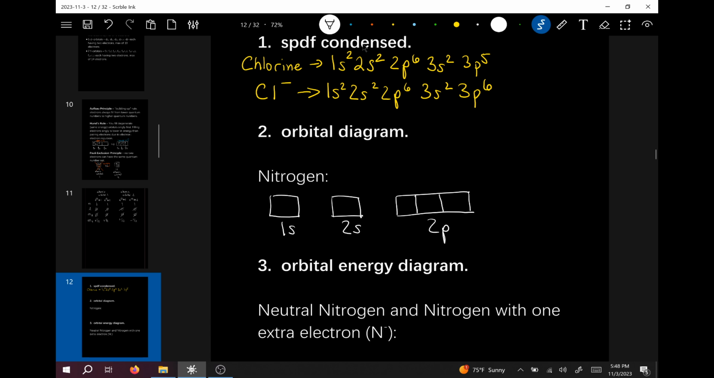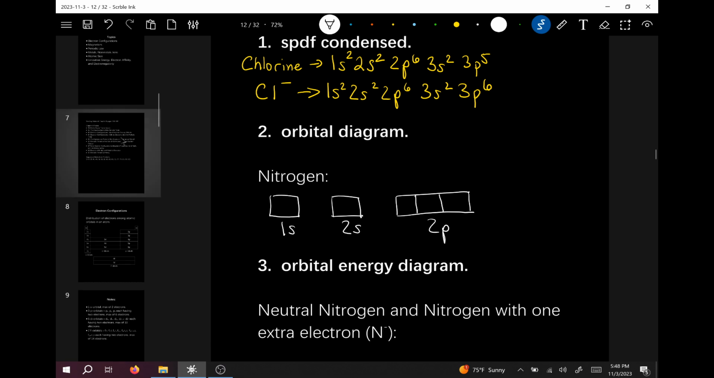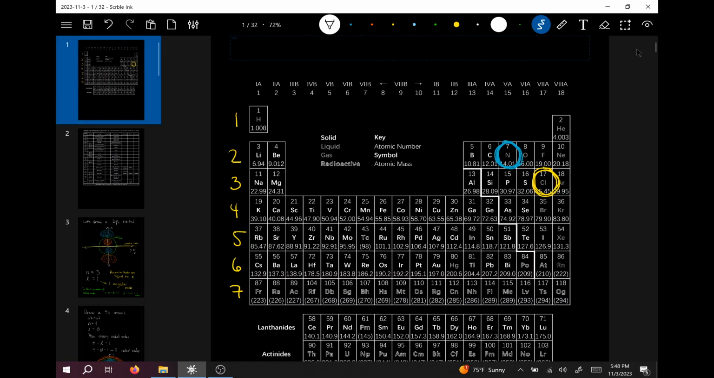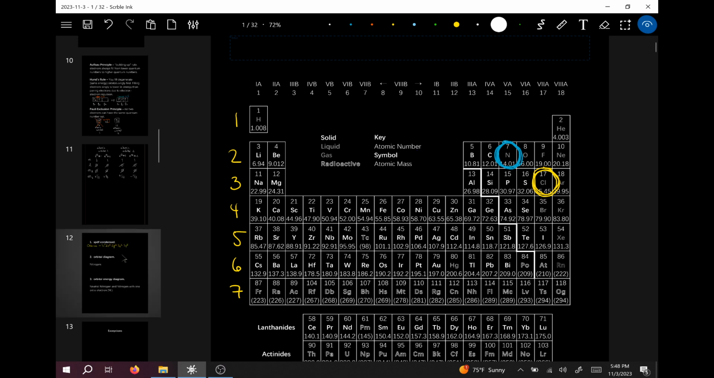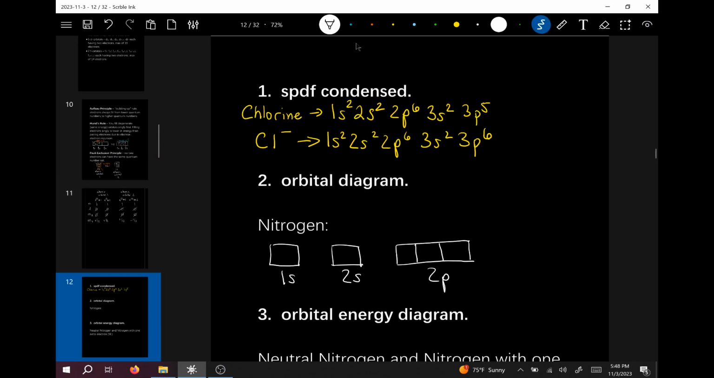So going back to your periodic table again, if I want to write down the electron configuration or the orbital diagram, I know 2 electrons are inside the 1s orbital. So it's 1s2, 2s2, 2p3. Now, with the orbital diagram, we really need to make sure that we're obeying Hund's rule,